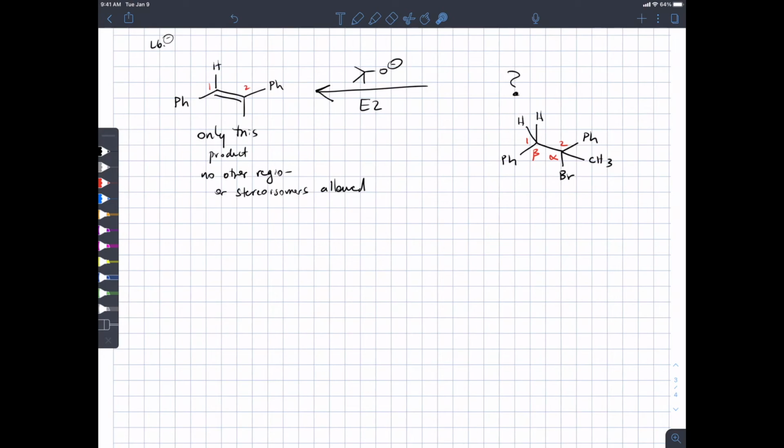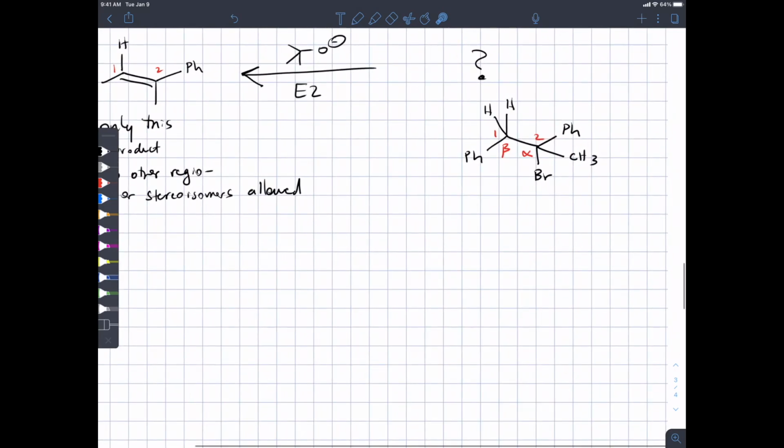Thinking, why would I ask the question if the answer was yes? Well, I like good questions. Go ahead. With the beta carbon and two hydrogens, couldn't you rotate around that line